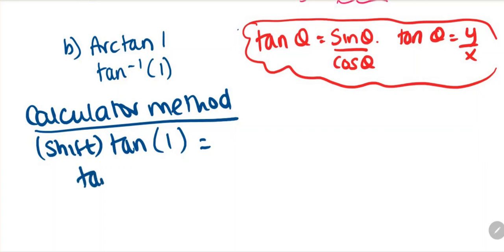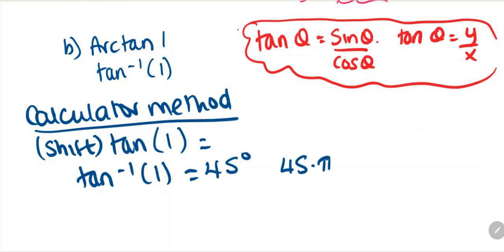So this will come up as tan to the -1 of 1 is equal to 45. Now if you wanted to transfer this into radians, we can say 45 times pi divided by 180, and 45 goes into itself once, and into 180 4 times. So the answer would be pi over